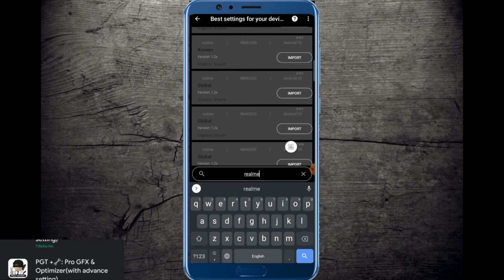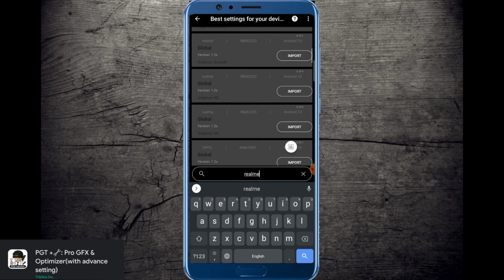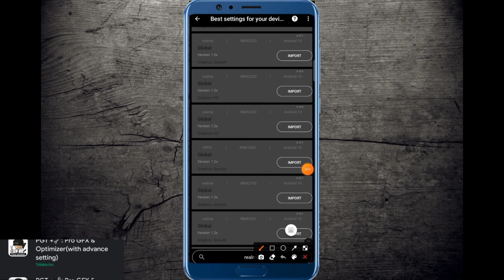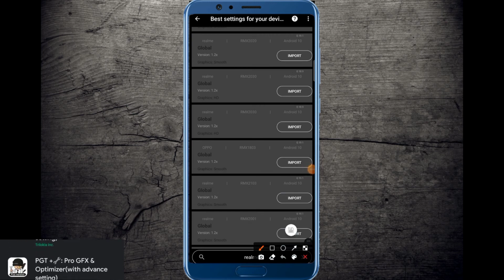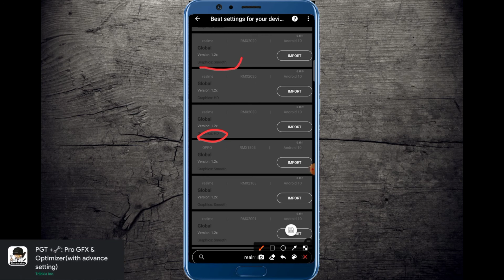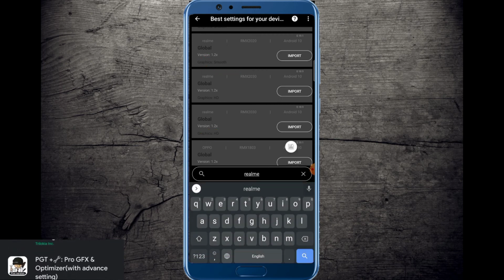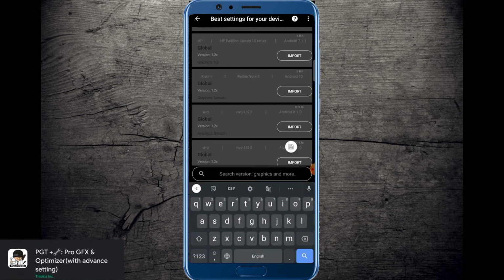So you can use one of these graphic settings, and please do note, if your device is a high-end device and you want the settings kind of like that, you can go for the graphics HD. Or if you want your game to be running smoothly, you can download and import the settings for graphics smooth. So this is my recommendation for using this app, guys.